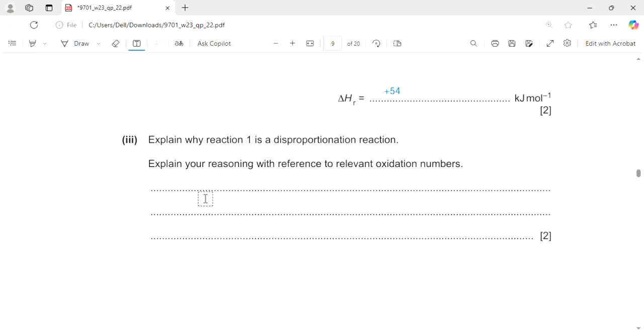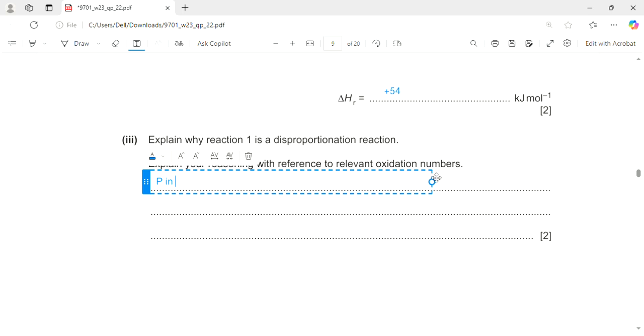So this is the reason I'm saying. Phosphorus in H3PO3 is both